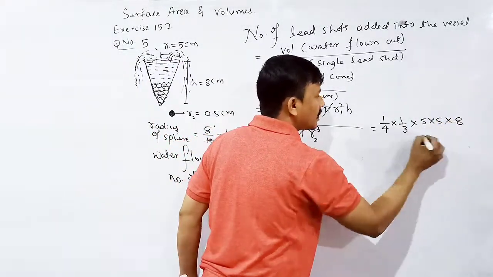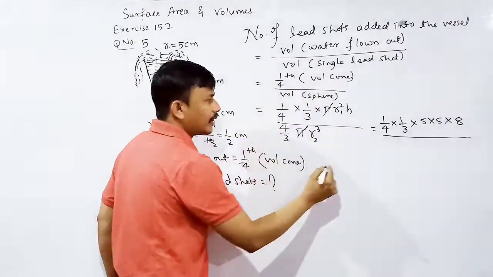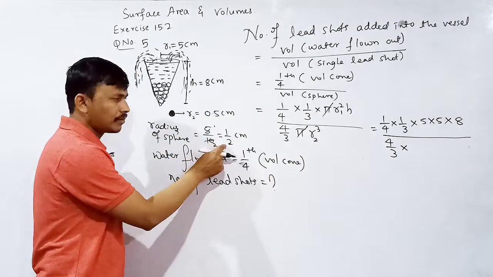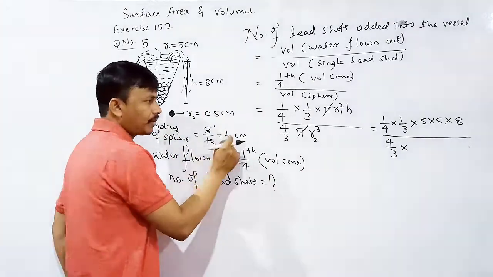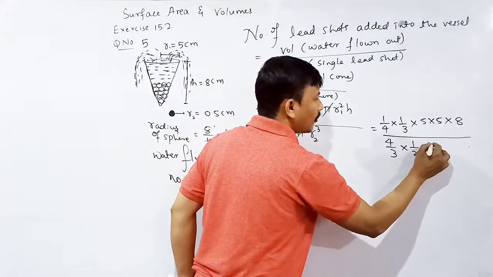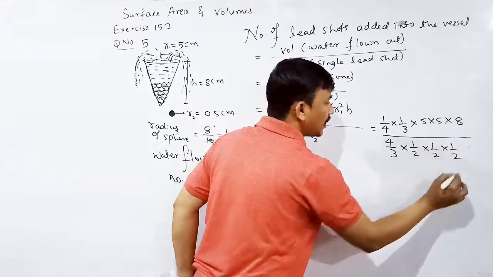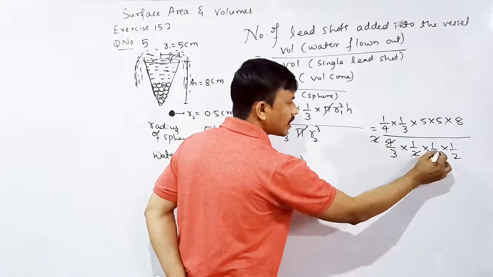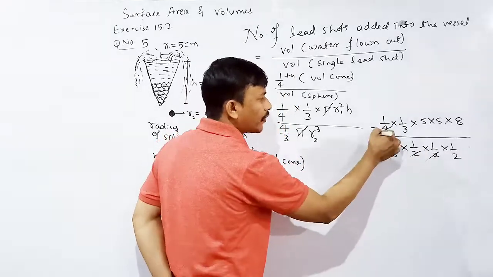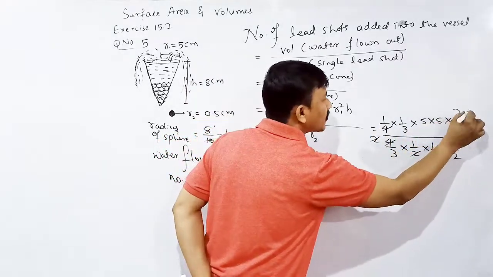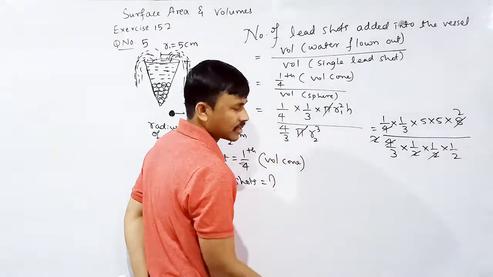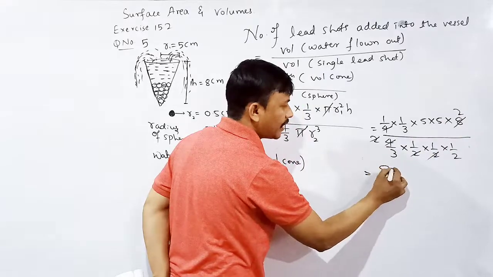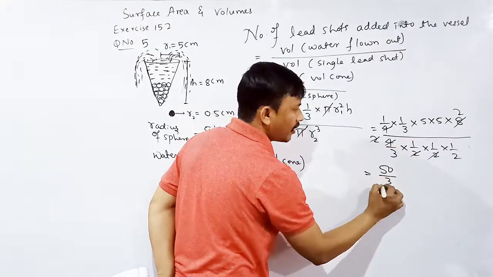8 whole divided by 4 divided by 3 into r2 cube. 1 by 2, 1 by 2, 1 by 2, 1 by 2, 1 by 2, 1 by 2. Correct? Okay. 2 ones are 2, 2 twos are 4. Next, 4 ones are 4, 4 twos are 8. Correct? 5 fives are 25, 25 twos are 50 divided by 3 whole divided by